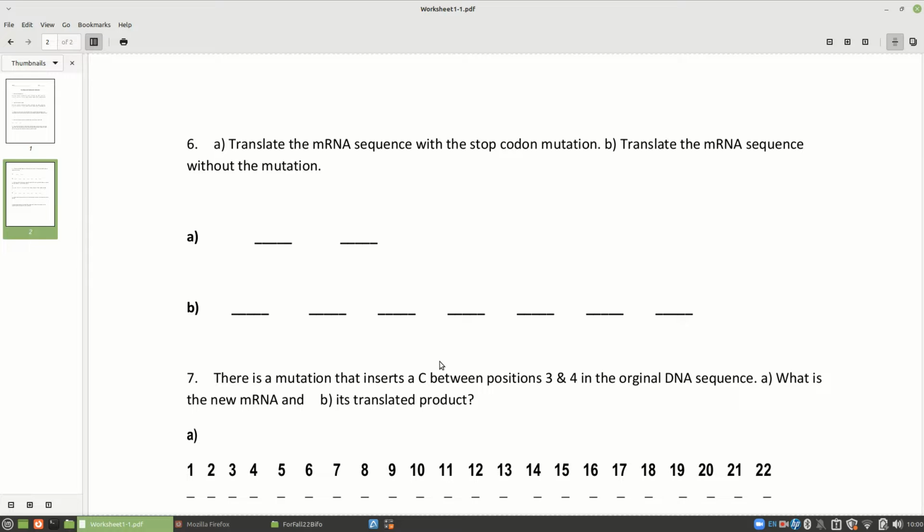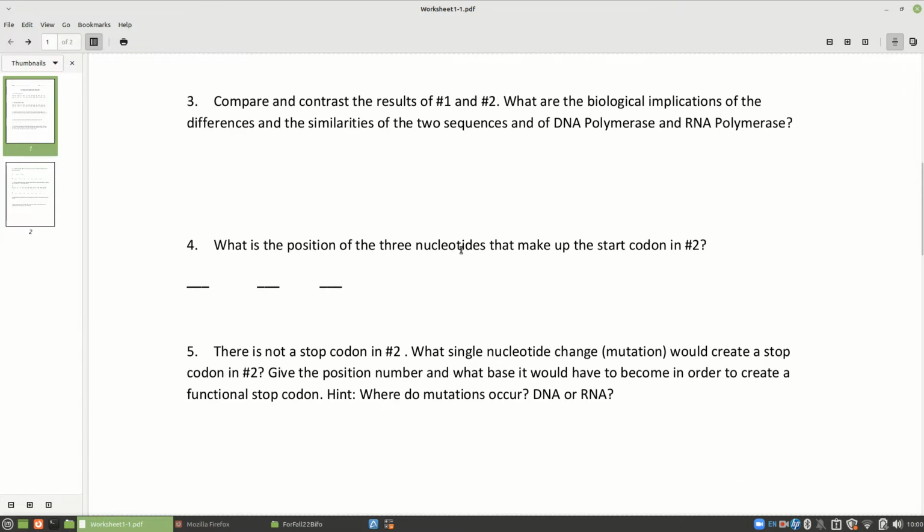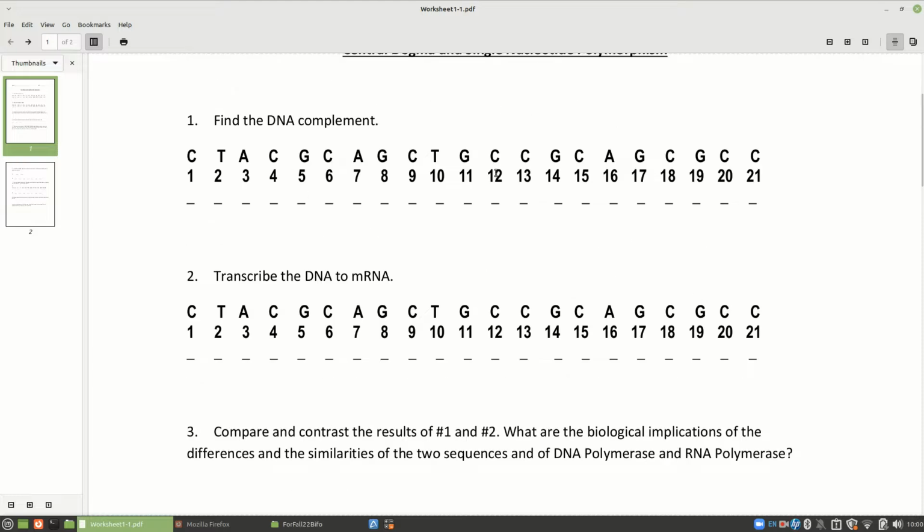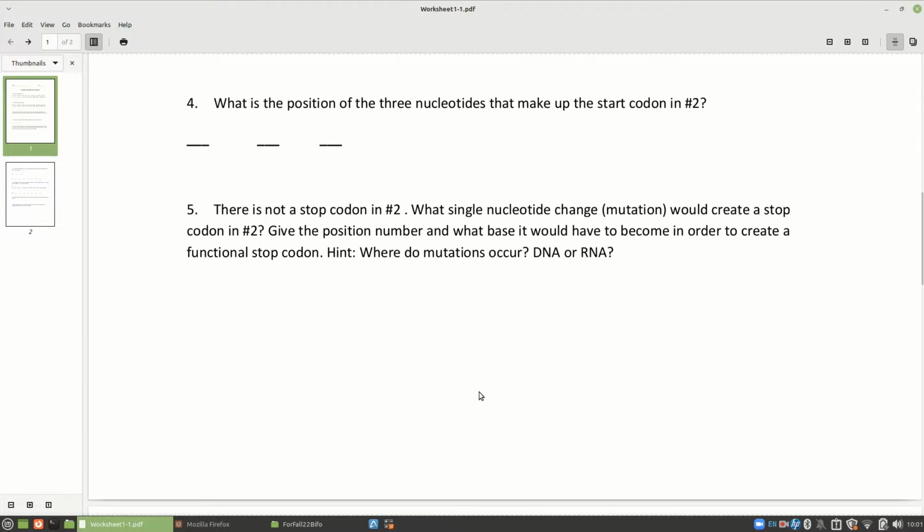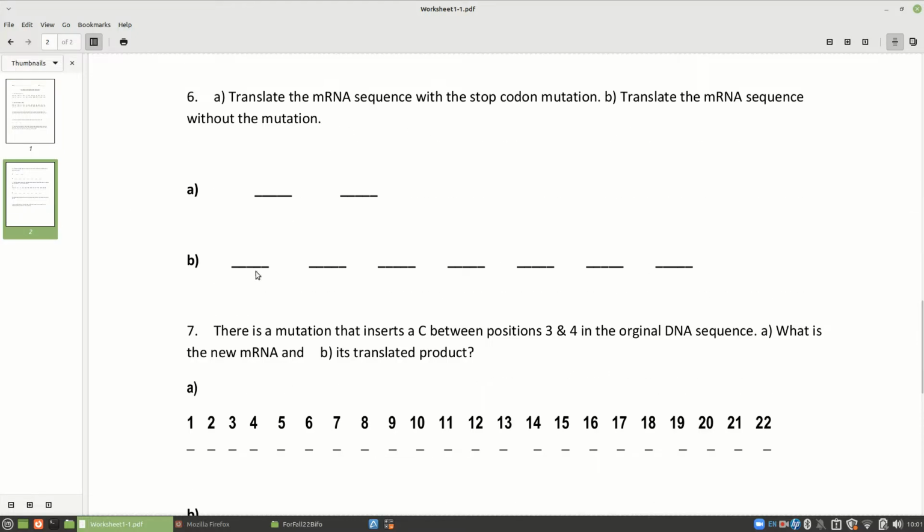In other words, once you changed it and you translated it so that it had a stop codon, give me the amino acid sequence that resulted. Well, I'm giving you a hint here. It's going to be 2. There are going to be 2 amino acids created. Without a stop codon, it just keeps reading until it runs into one. So you're going to read the whole thing, starting with the start. I'm giving you the hint here that that's going to be 1, 2, 3, 4, 5, 6, 7. So you're expected to have 7